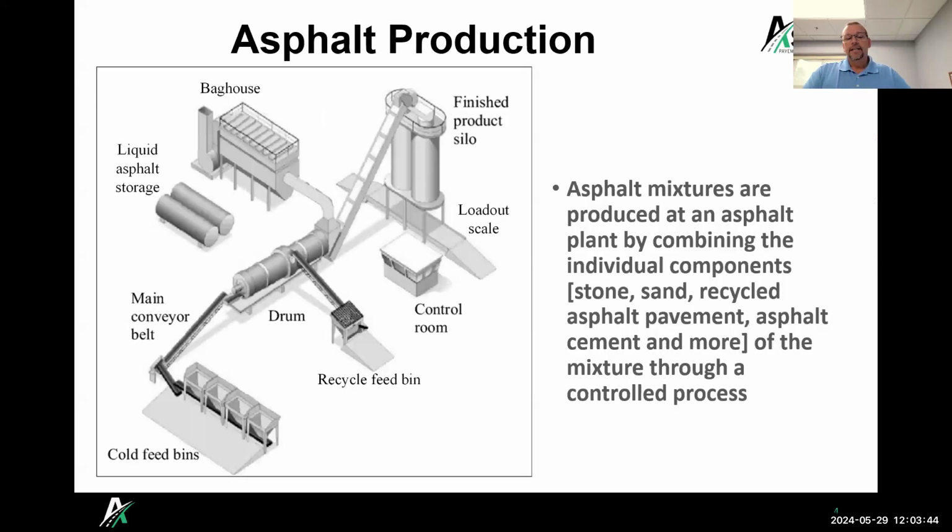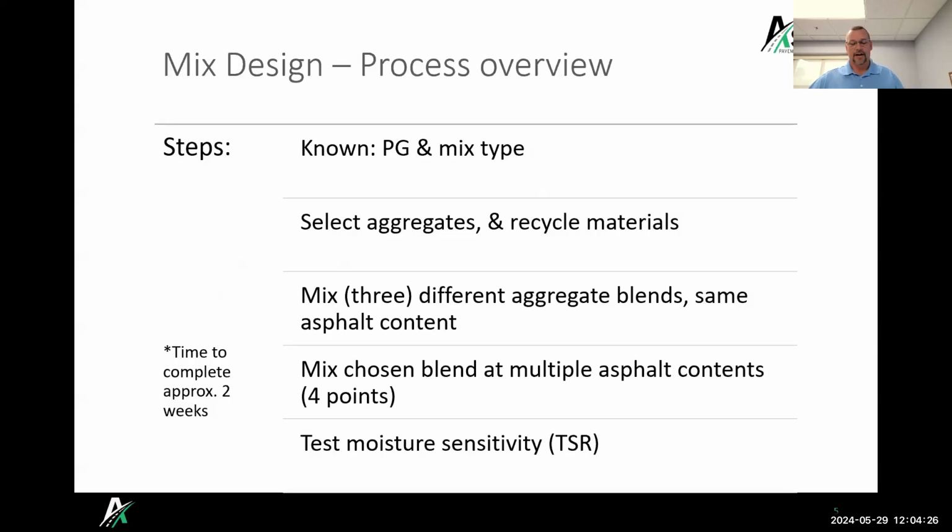And really, when we talk about asphalt mixes and the mix design process, what we're doing is putting together a recipe for that asphalt mix. Ultimately, that asphalt mix is made at the hot mix asphalt facility, so we're making a mix recipe so that we can produce it in the hot mix asphalt plant. We combine all those different aggregates, the asphalt cement, and any recycled materials, mixing that together at 3, 400, 500 tons per hour to make that mix and send it out to jobs. So that's just a little bit of background.